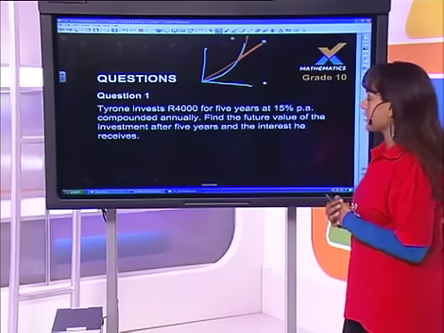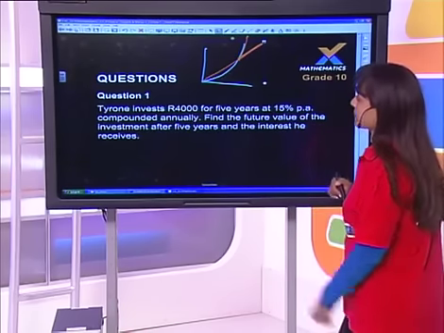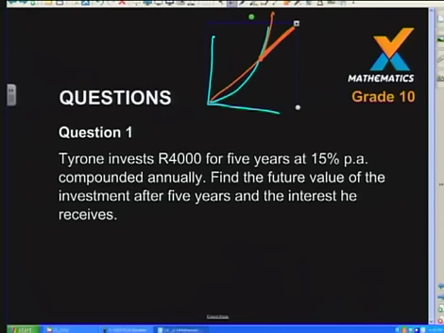Okay, all right, so as I was saying, first example. They tell us that Tyrone invests 4,000 Rand for 5 years at 15% per annum, compounded annually. They say find the future value. That's another way to say accumulated amount. Sometimes you see that being used. All right, find the future value of the